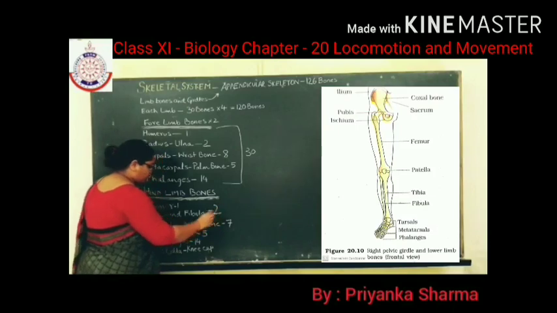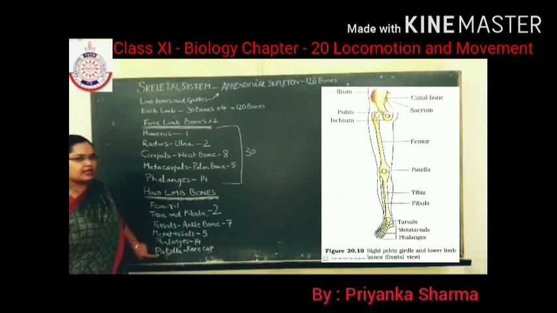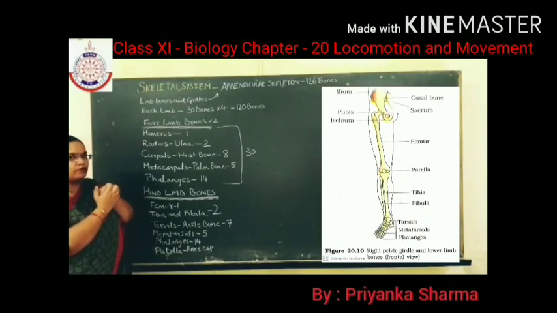That makes 2. Now next is the ankle. The ankle bones are known as the tarsals, and these are 7 in number. Then metatarsals 5, phalanges 14. So up to here 29 bones. The total is 30, so one more is there, that is the patella. Patella is known as the kneecap. Your knee is protected by a triangular, flat, cap-like bone, known as the kneecap.